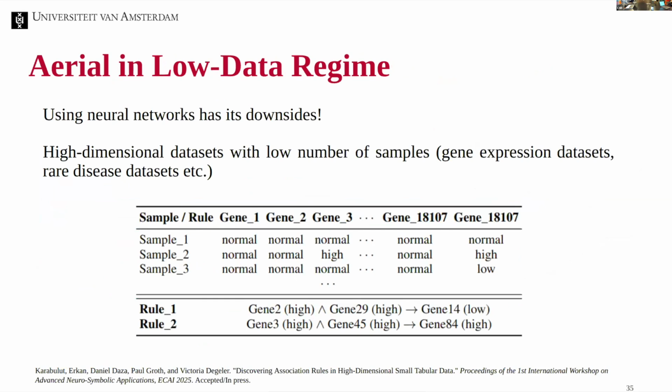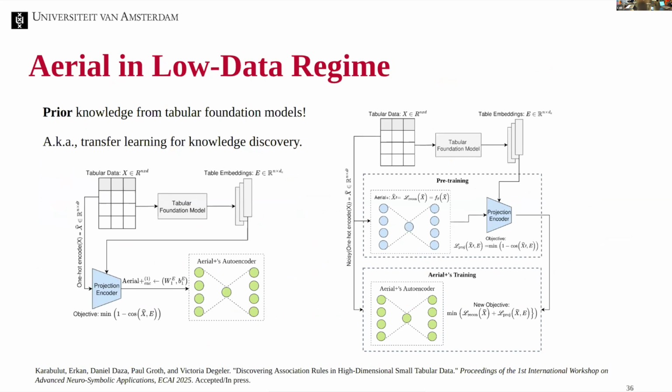But one downside of this approach is that now we replace the algorithmic method with a probabilistic neural network. That means the model also suffers from lack of data. So if you don't have enough data, for instance, in this case, we tested it on gene expression analysis data sets. This is a very expensive operation to do, gene expression analysis from individuals, so there is not enough data to train a model. So what we do is a transfer learning from a tabular foundation model. We have tried two different transfer learning methods.